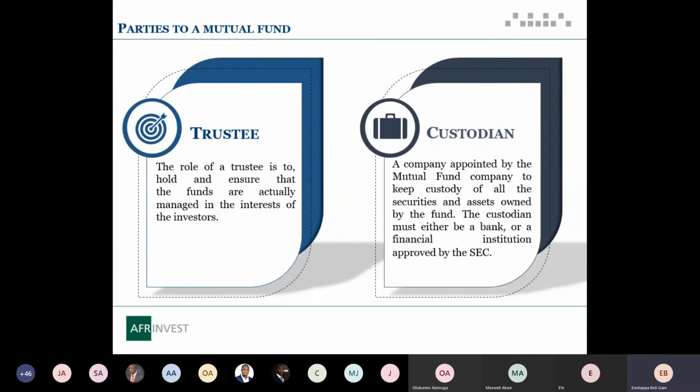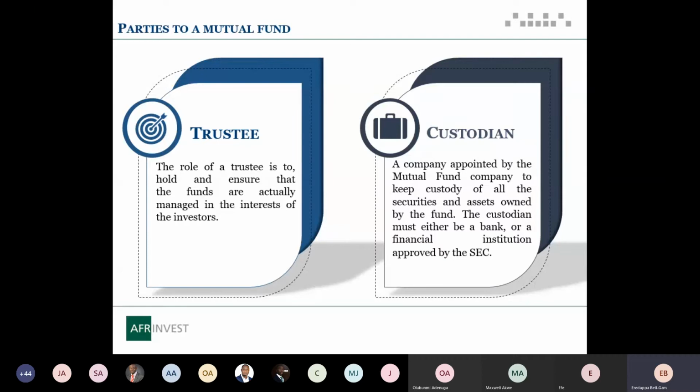And then you have the custodian. The custodian is usually appointed by the mutual fund company, and then they hold custody of the securities and assets in the fund. The custodian is usually a bank or a financial institution that's been approved by the SEC. So what they do is that they hold the assets and securities of the mutual fund in their possession,